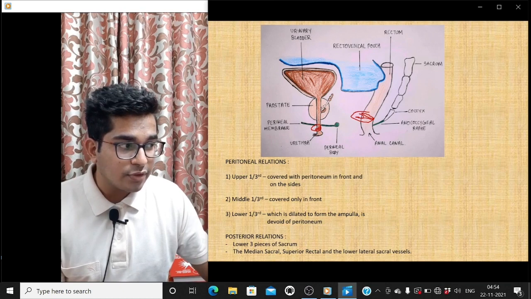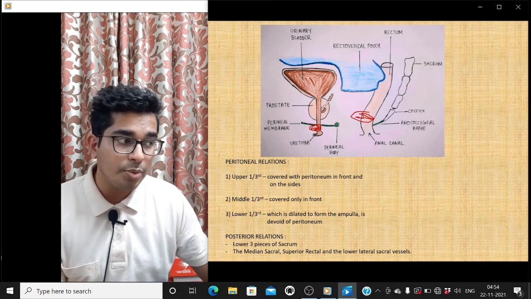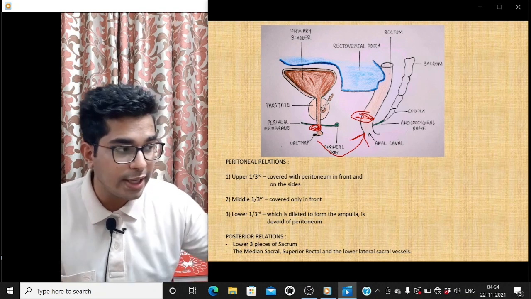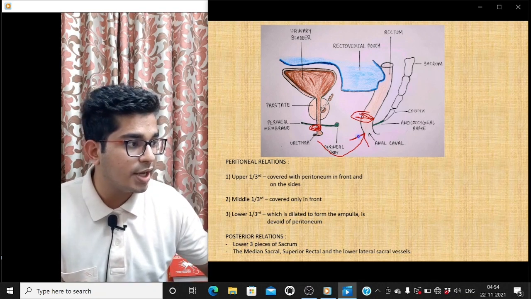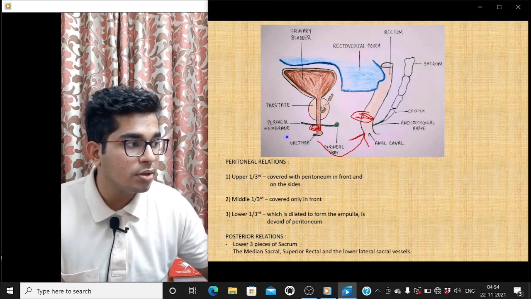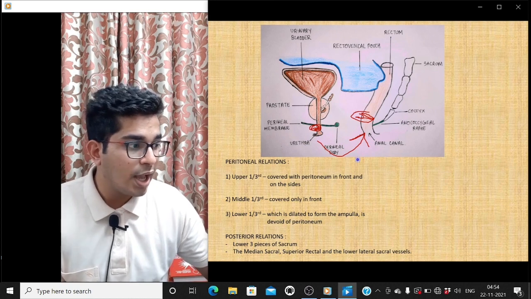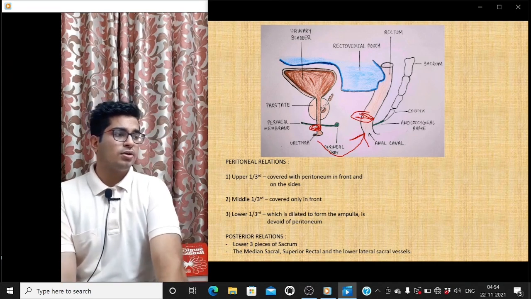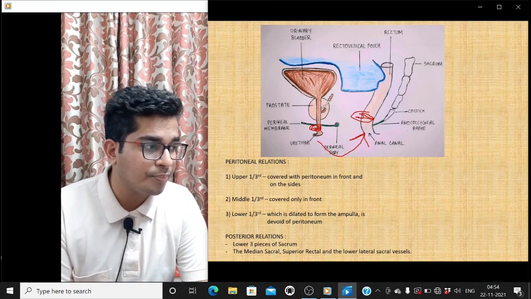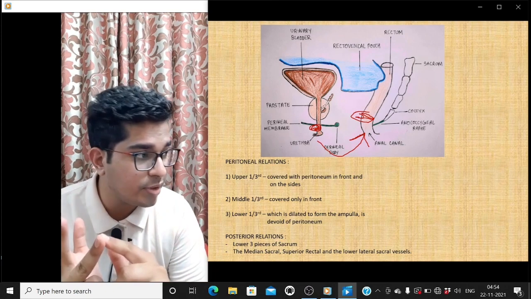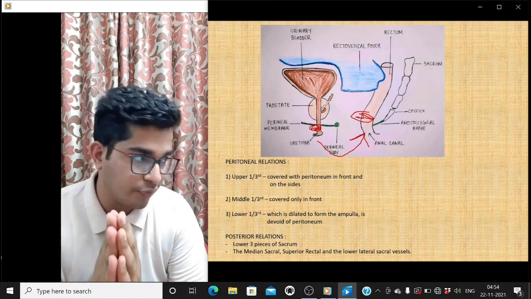So what happens is that if you have a ureteric calculi over here, the pain arising because of the calculi will also be referred to your anal canal, because this whole area that is below the peritoneum is supplied by a common nerve, that is your nervi erigentes. And whatever the diseases, if you have any perianal fistulas or any ischemic pain arising out of your rectum, the pain will be referred to your anal canal, your urethra, your vagina in case of females. And this is the clinical significance to localize the pain.